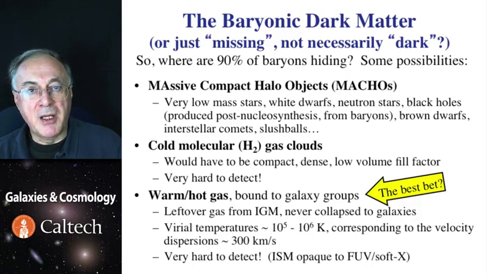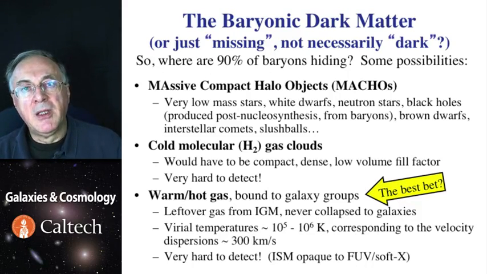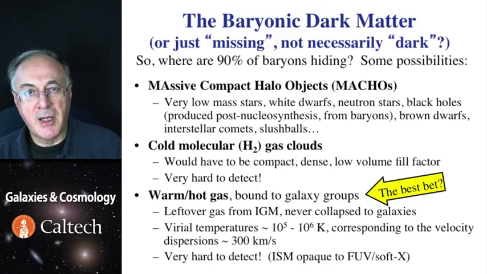Where are the remaining 90% of the baryons? Many suggestions have been made, but essentially it boils down to three different kinds. One possibility is that they're in the form of some optically dark objects called MACHOs, or massive compact halo objects, which could be of different physical nature. Could be brown dwarfs, that is dim substellar objects, could be planets, could be even gigantic comets, could be black holes. This is not known, but there are ways in which we can test that.